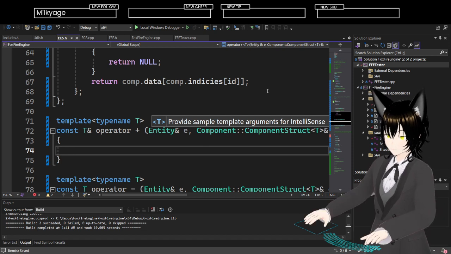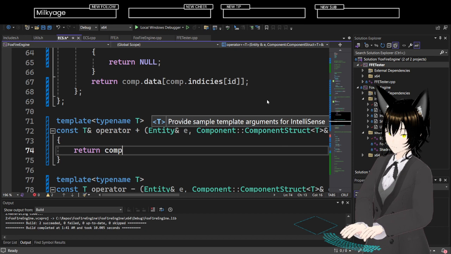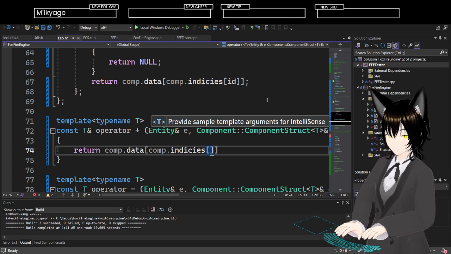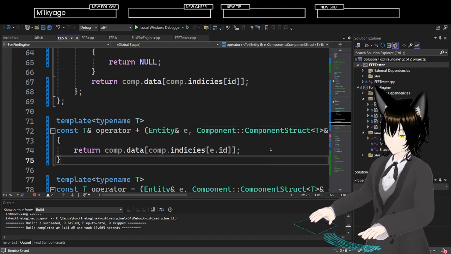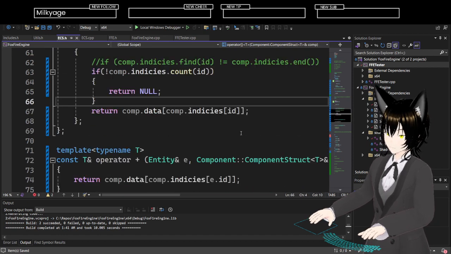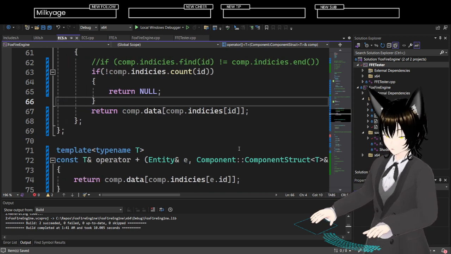So here, I think it should just return comp.data at comp.indices at e.id. Because that way someone can just overwrite something just by using the plus operator.